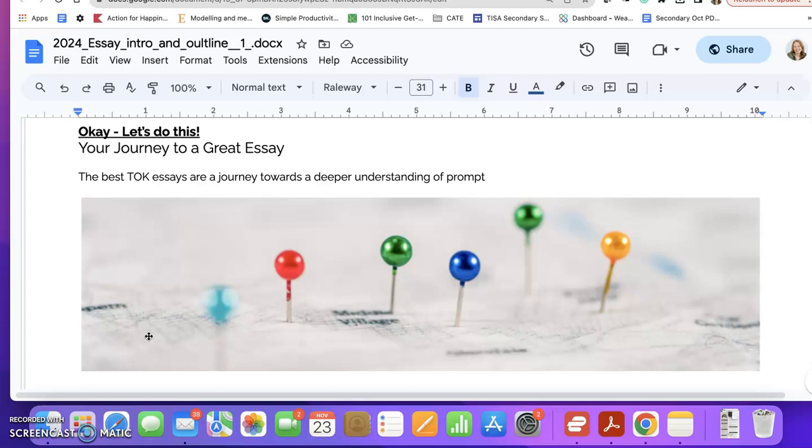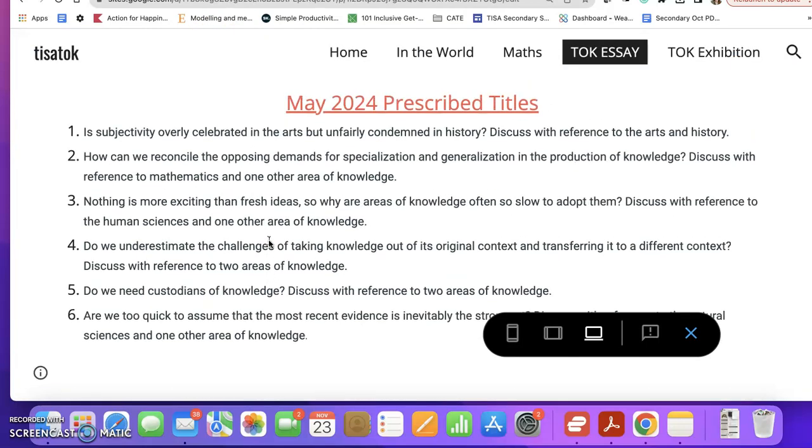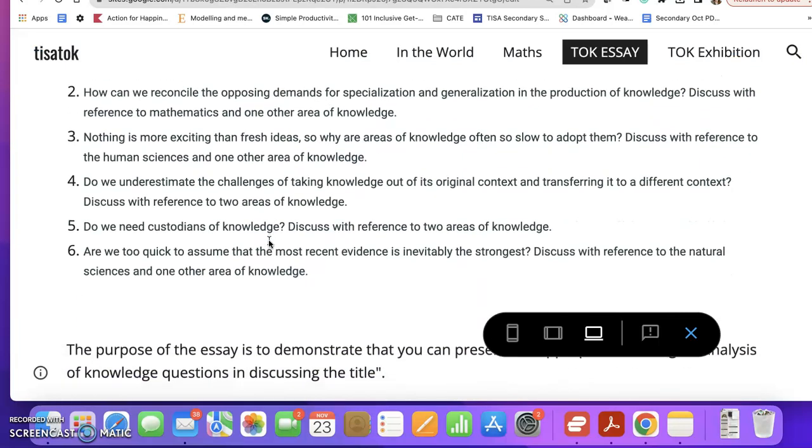For example, I talked to a student yesterday who was talking about number 5, do we need custodians of knowledge? That student was going to begin by considering her extended essay, which looked at the lyrics within a specific language and whether or not those lyrics were offensive.